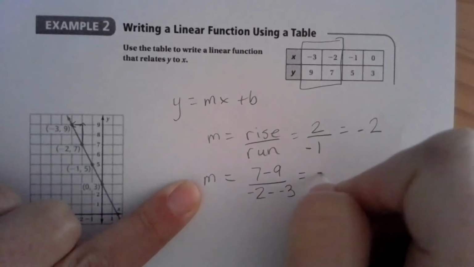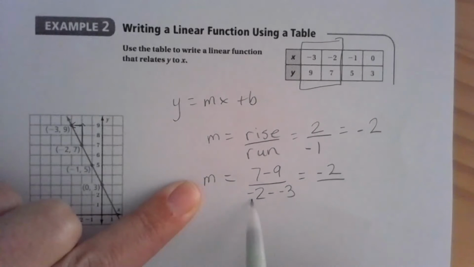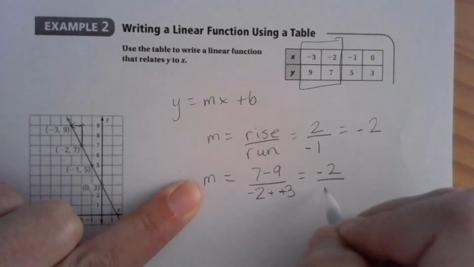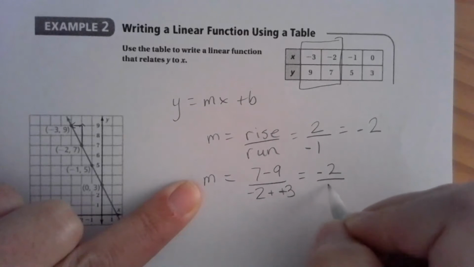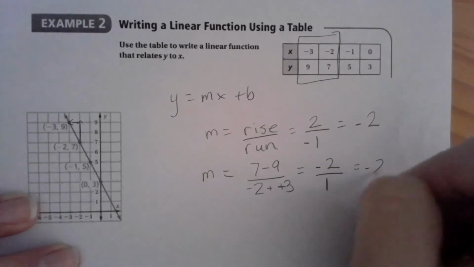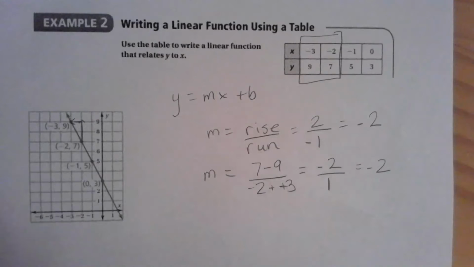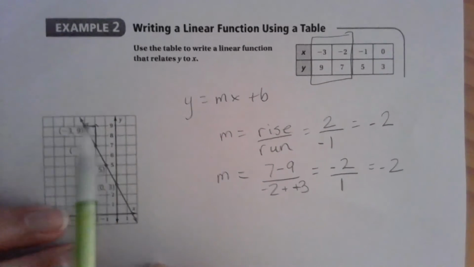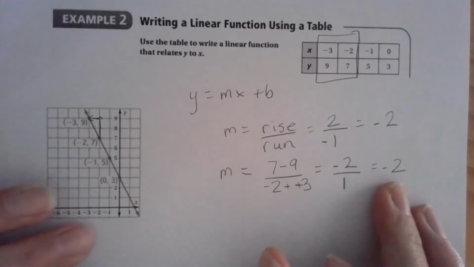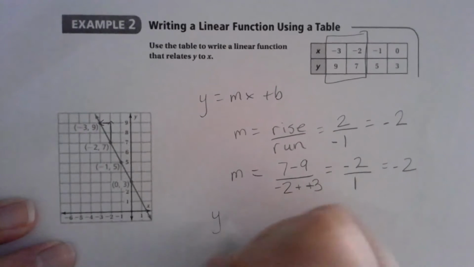We have -2 over, remember this is keep, change, plus. So then I have -2 plus 3, that's just 1, and that simplifies to -2. So notice if I used the graph or I did some math without having the graph, I'd still get m as -2. All right, so y equals